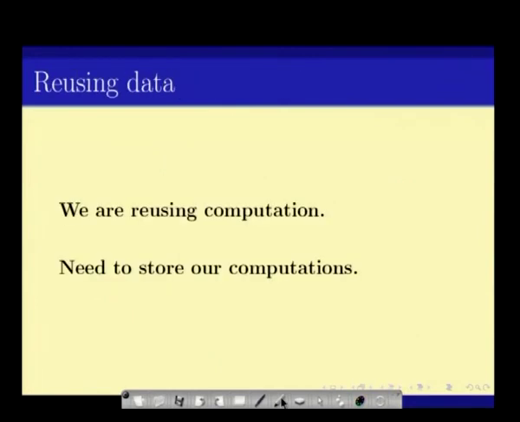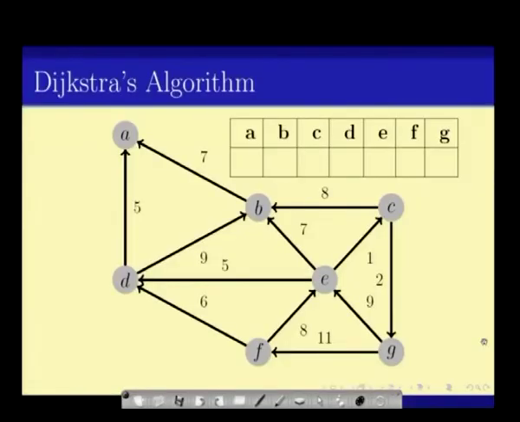So, one thing to note is that we are reusing computations, and just like I was writing down these things on the top, I need to write it down somewhere. Now, where to write it down? So, usually we write it down in a table. So, we can think of this one as something like this. We have a graph, we have a table, on top of that we have this set of vertices, and we start with say this G, and of course, we start with everything being infinity here,